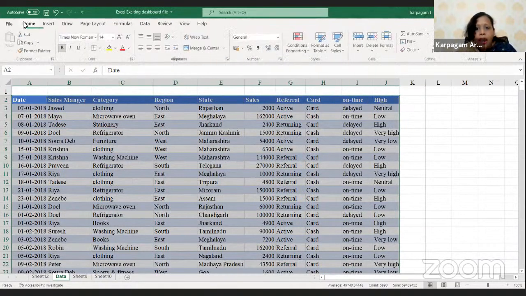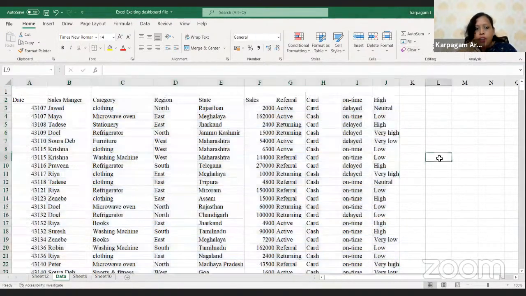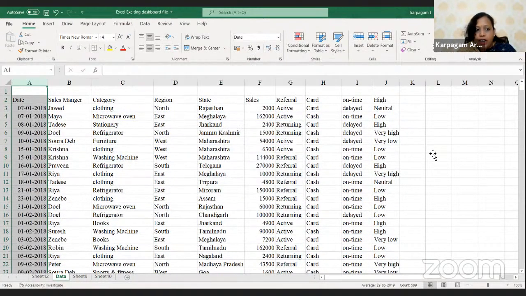And this is going to give you the basic table. From the Home tab, you can go back and clear whatever formats you have gotten. This is going to ensure that you have the raw data, and from this data you are going to do everything starting from scratch. Now that you have the data with you, at the very first level, what we are going to do is